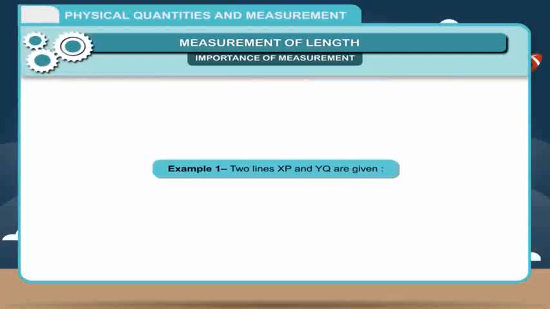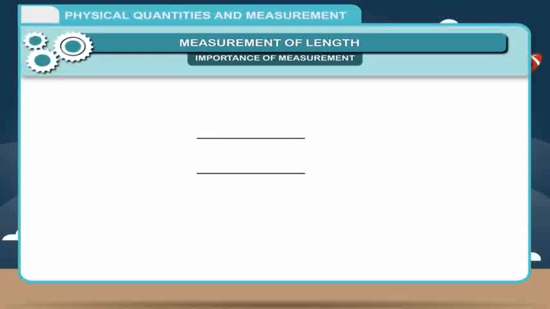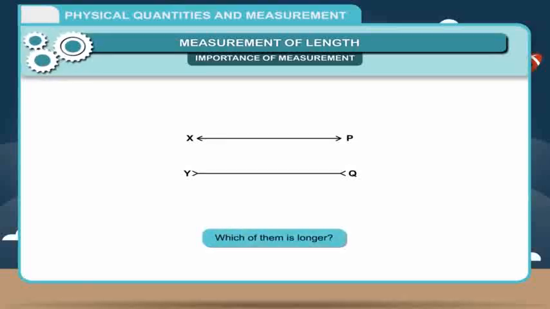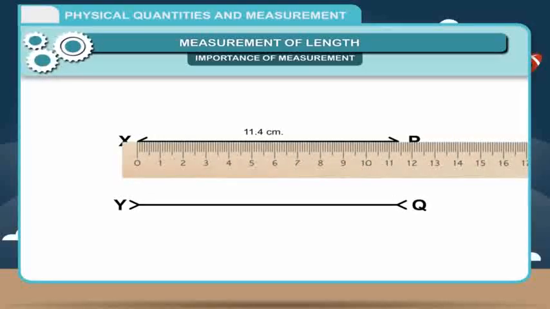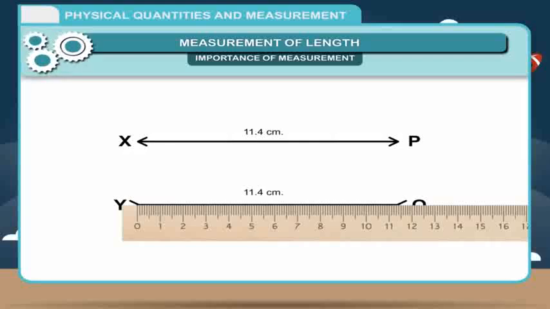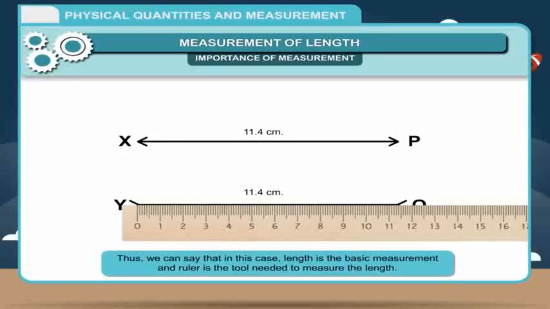Example 1. Two lines XP and YQ are given below. Look at the two straight lines XP and YQ drawn alongside. Which of them is longer? You may guess that YQ appears to be shorter than XP, but when you measure with the help of a ruler, you find that both the lines are equal in length. Thus, we can say that in this case, length is the basic measurement and ruler is the tool needed to